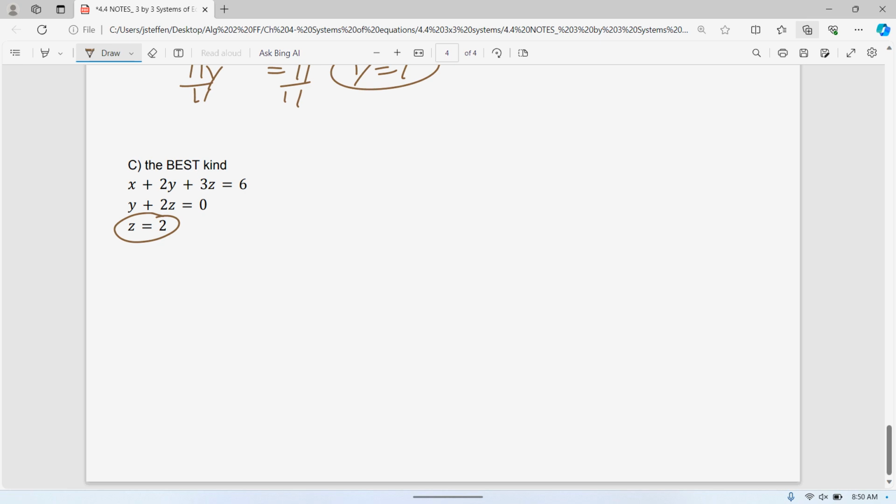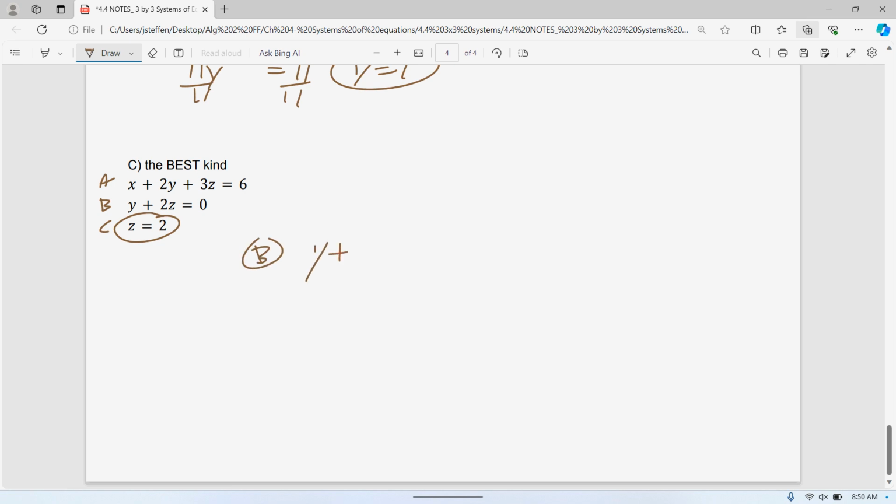I need to plug it into the equation that only has 2 variables. Now, yes, there is a possibility that these other 2 will both have 3 variables, and you'll have to use elimination. I'm not going to give you any of those. If you got it on the test, it's going to look like this. I'm going to try to get every variation of this. It's going to be a nightmare, so this is one I choose. So take that 2 and plug it into your equation, if you label it, your equation b,